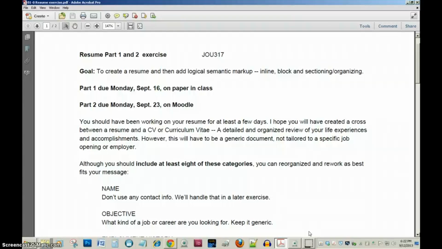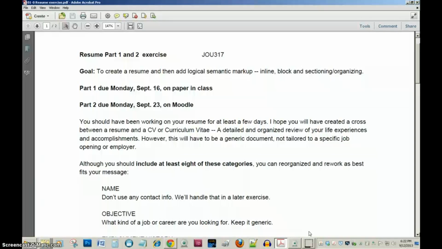We are building a resume that will hopefully be on a future overall portfolio site that you will have. So it has to be generic. It can't be, as resumes usually might be, written for specific jobs or for specific interviews. This has to be a generic overall resume. I would say it's kind of a cross between a resume and a CV because we want it in some detail.